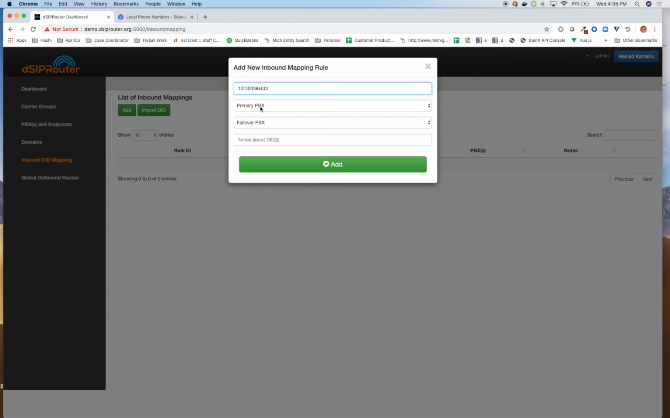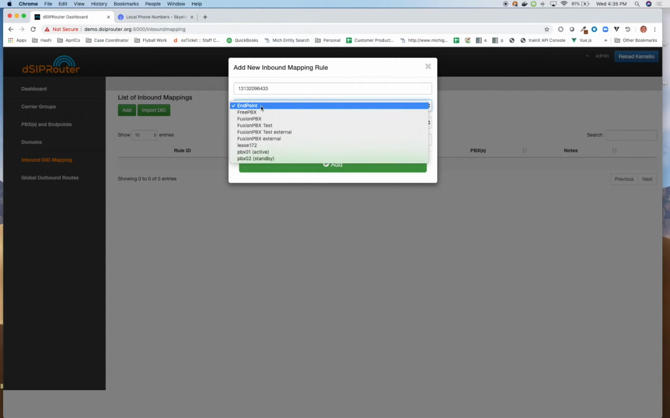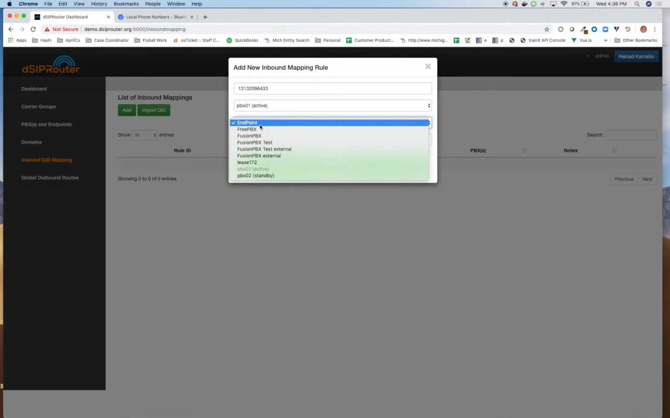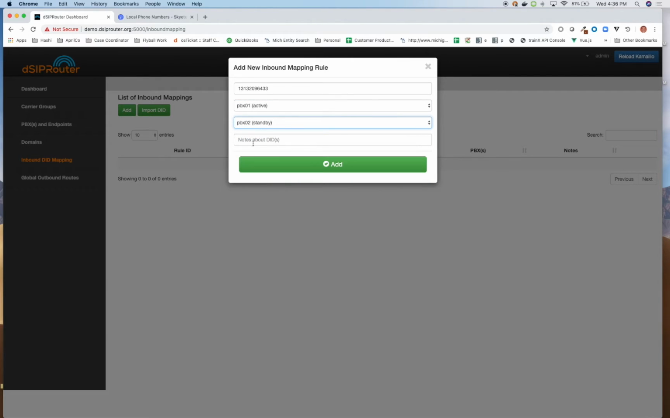Then I'm going to specify a primary PBX that I want the call to be routed to. We have two PBXs. We have one called PBX01, and then we're going to have a failover PBX. And then we can put a note here, and we're going to say testing inbound mapping using SkyTel,